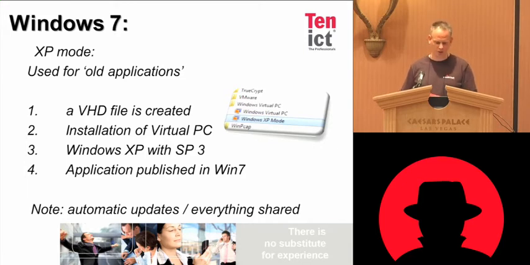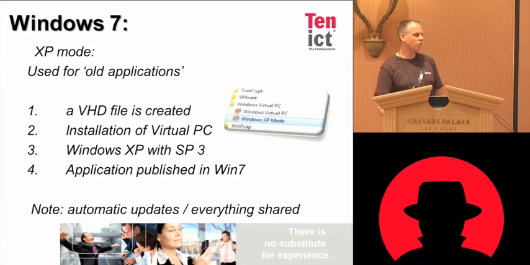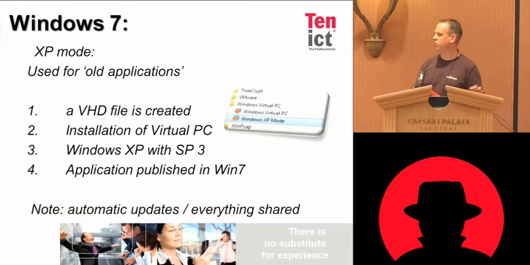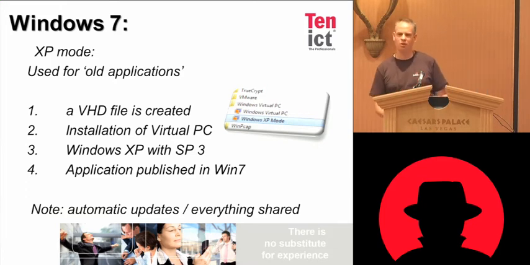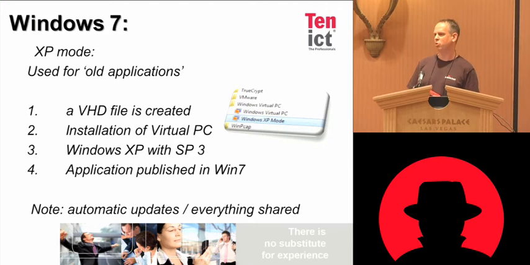And one of the other things is that automatic updates or the firewall in Windows XP is not enabled. And under the hood, everything is shared with Windows 7 at a system level. So that's why I call it exploit mode, because if you're capable of writing some piece of malware that discovers, hey, it's running XP mode, and you are able to publish